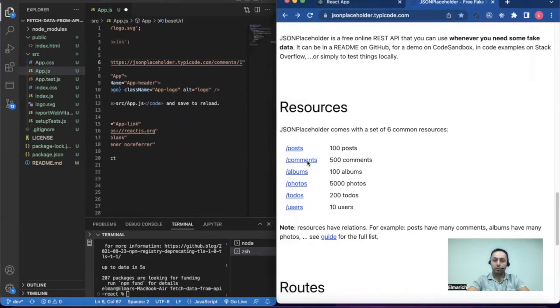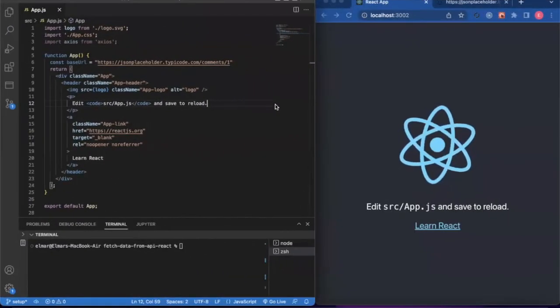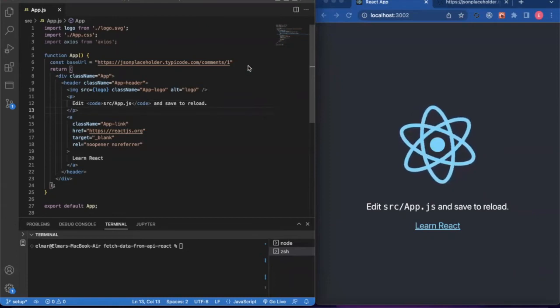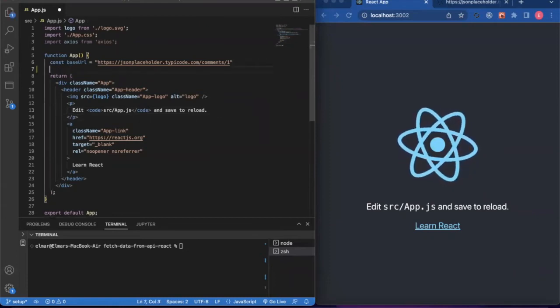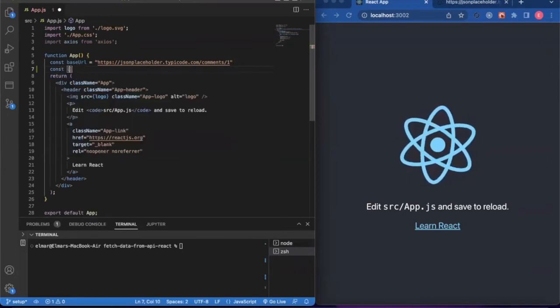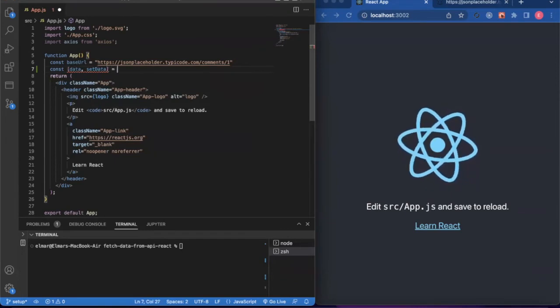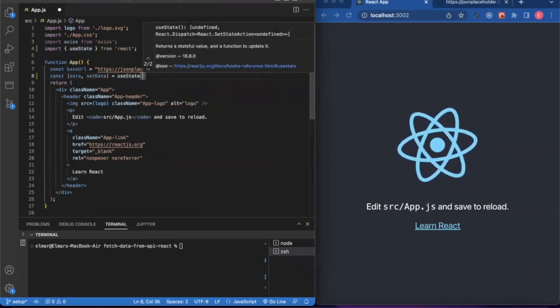So it should be this first one with this name, with this email, and this body. Okay. Yes, guys, let us give the state for our fetch data. So we'll use state hook. Let us call the state data, and the initial state will be null,